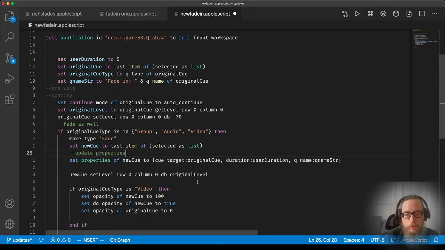And the last thing we're going to do is make a new block here around this new queue set level. I don't know if this is a change that I've missed, but somewhere along the way, if you tried to change the volume level of a group, it would fail silently. Nothing would happen, it wouldn't break your script or anything. But when I just tried running this on a group, it did break it. So we'll add an if block here for groups, so that if it's not a group, try and do the sound stuff. But if it is a group,